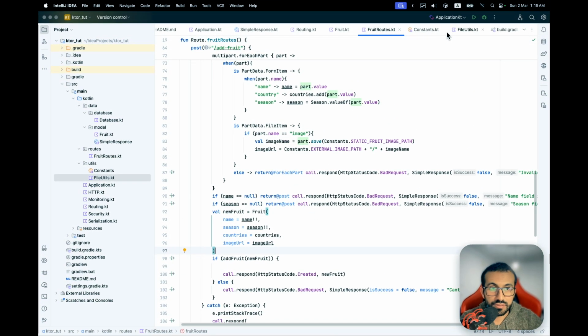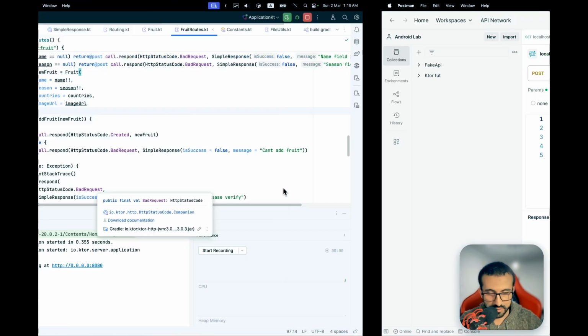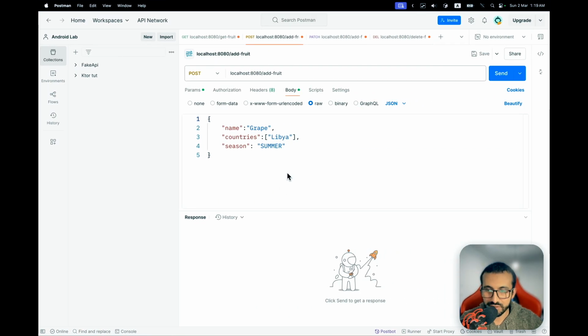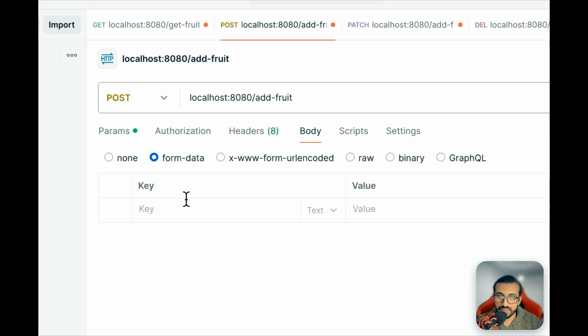So let's give it a try. Let's run our server, give this a try, and server taking a while. Okay, server is running. Go to Postman. Now instead of using here in the add fruit request the raw body, I'm going to use the form data, and of course assign the values like that. So I'm going to do for example,